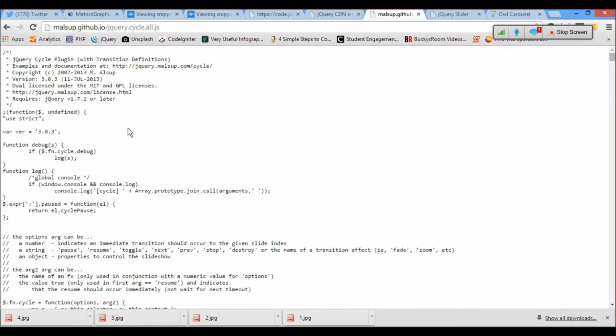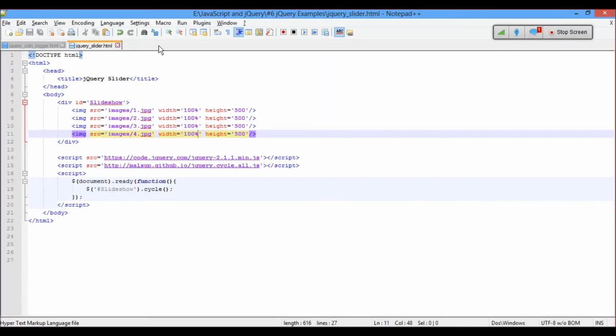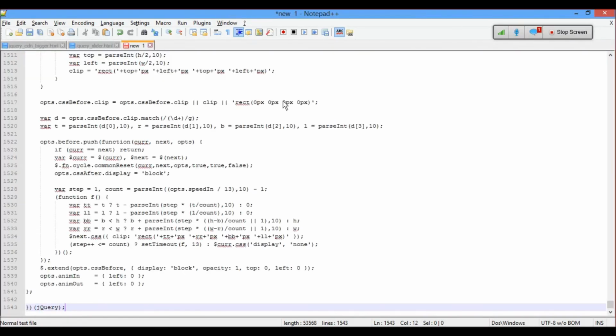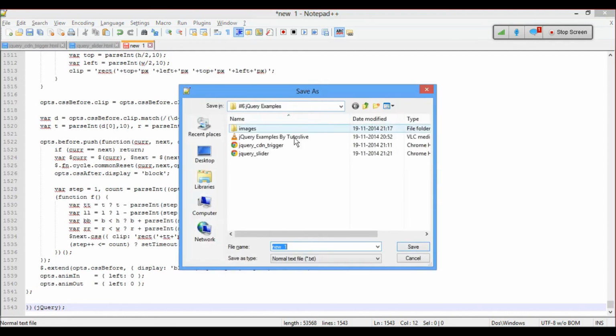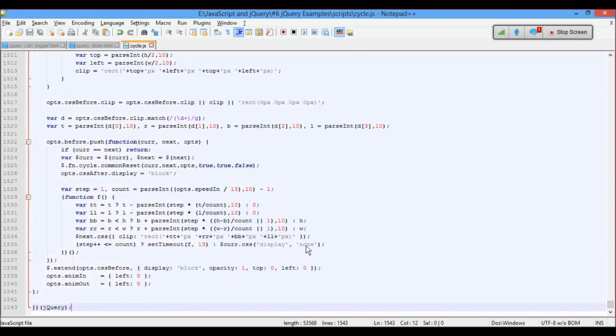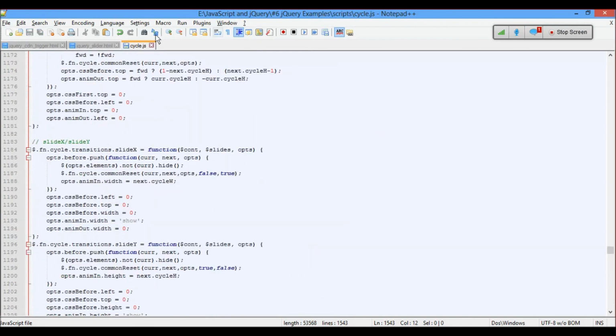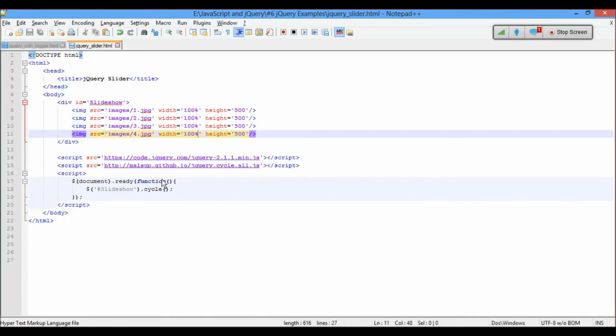Just Control A, Control C, Control V, and then Control S. Then open a scripts folder. Here I'll say cycle.js. Alright, everything has been downloaded now. Cycle.js. Close this. Go here.